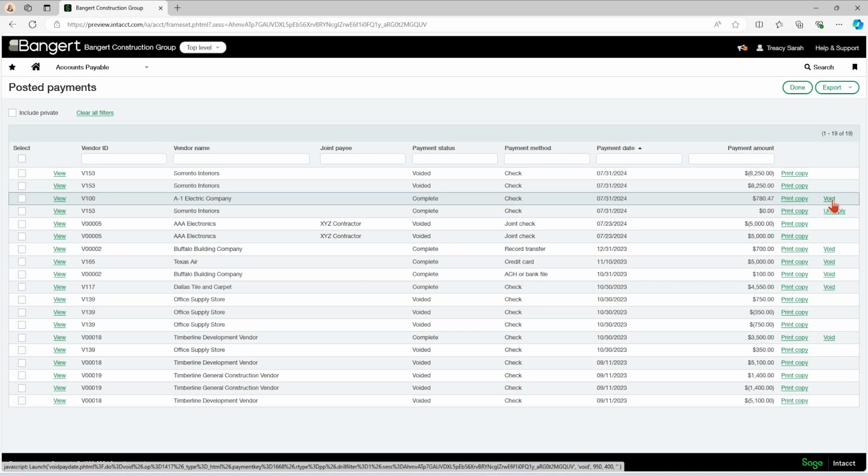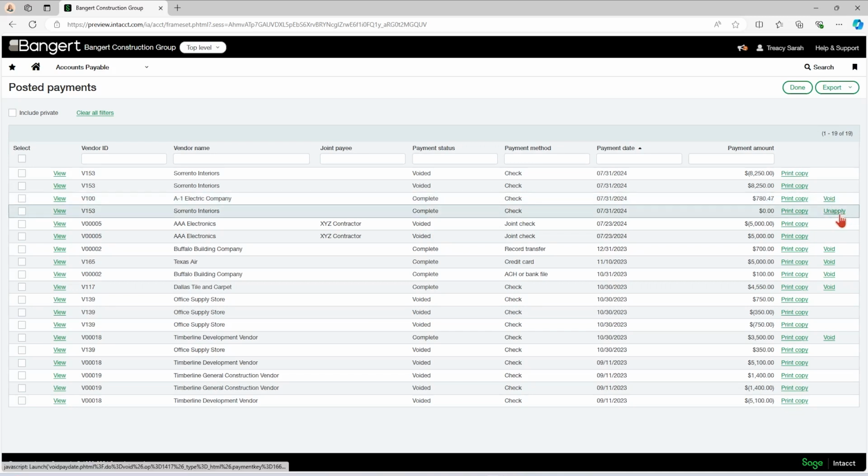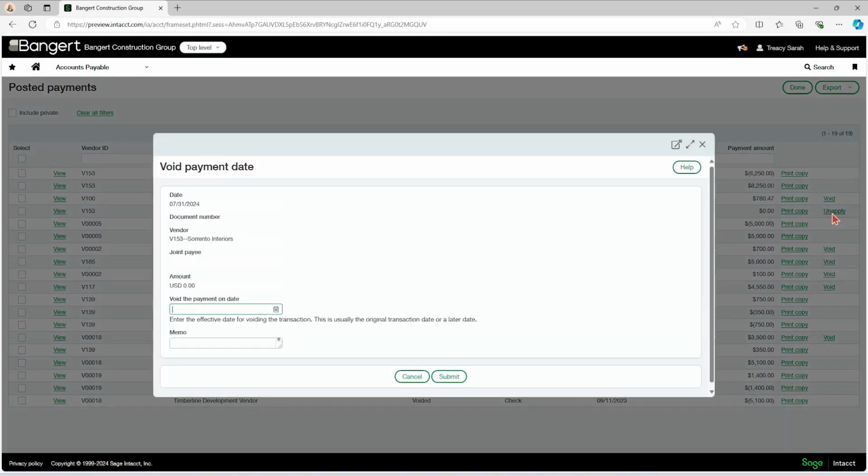Also, as part of the update, we can easily unapply credits. So this credit was applied without a payment associated with it. So I just applied the credit to the bill, which is why it's coming up here as unapply, which I can just click on, enter in the date that I want to unapply that credit. I can enter in a memo if I wish and submit, and that will bring that credit back available in